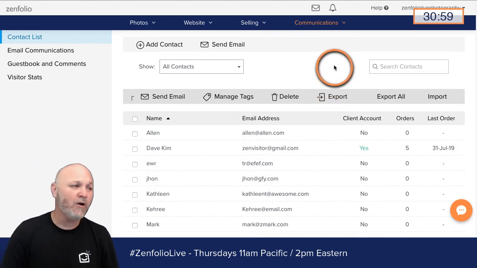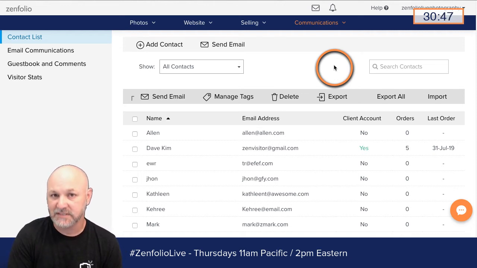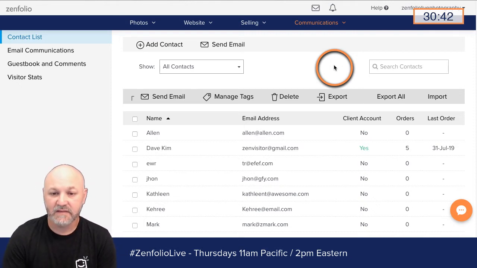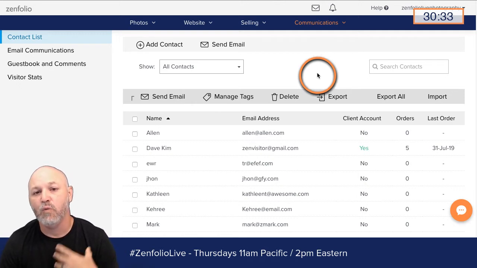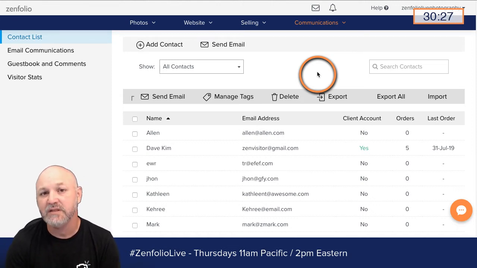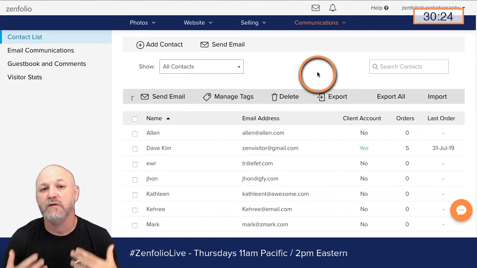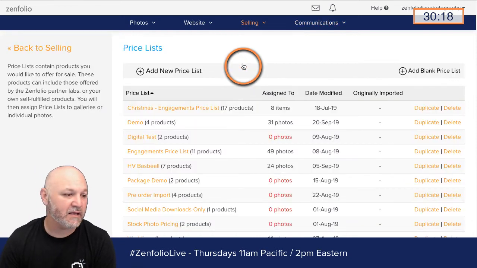All right. Now, the next thing you want to do to prepare for these is to make sure that you have the promotional items added to your price list, and that your price list is set up successfully, where when the discounts are given, you're still going to make money, and you're definitely not going to lose money. Okay, so you want to make sure that you go to your price list and that you understand what those promotions are. Some of them are just discounts on whatever you offer. There is one that's specifically for digital products, and so you would need to make sure that your price list has digital products. So you're just going to go to selling, go to price list,